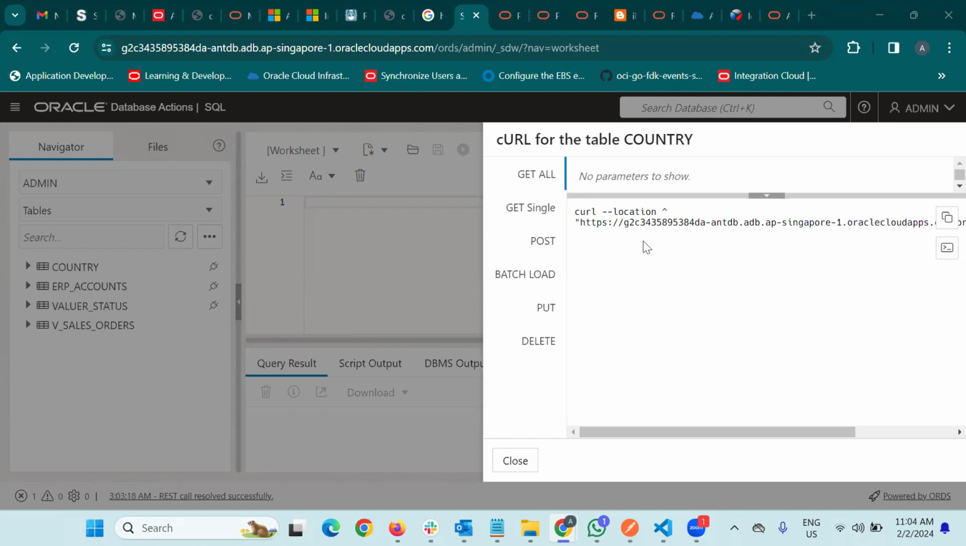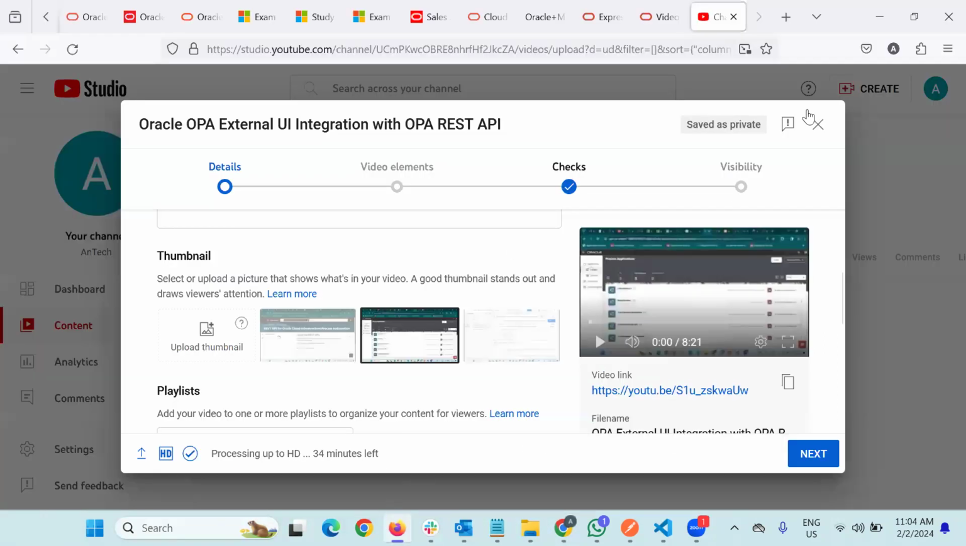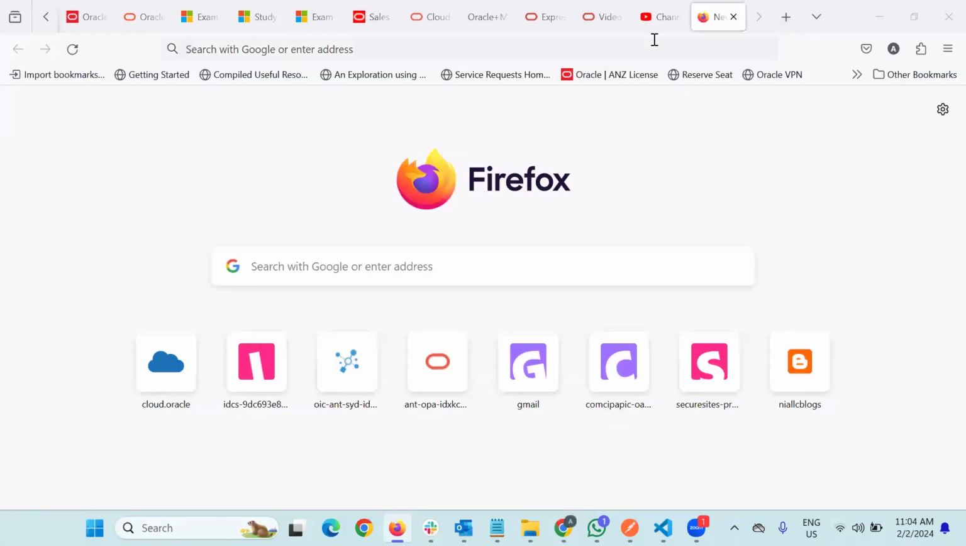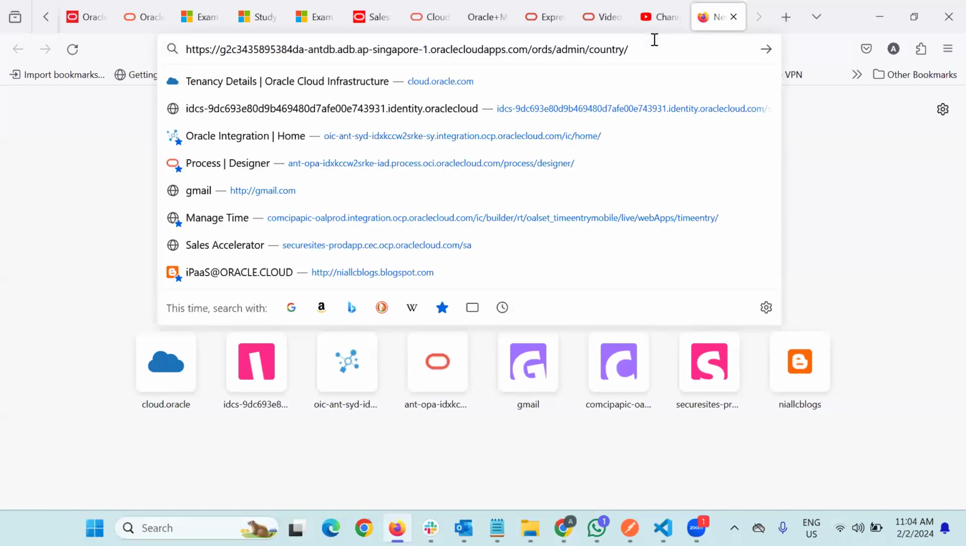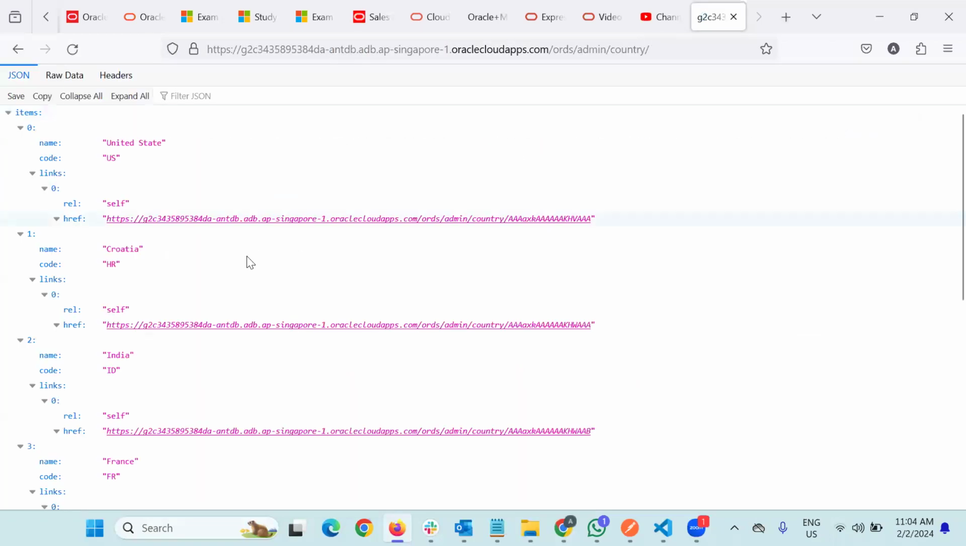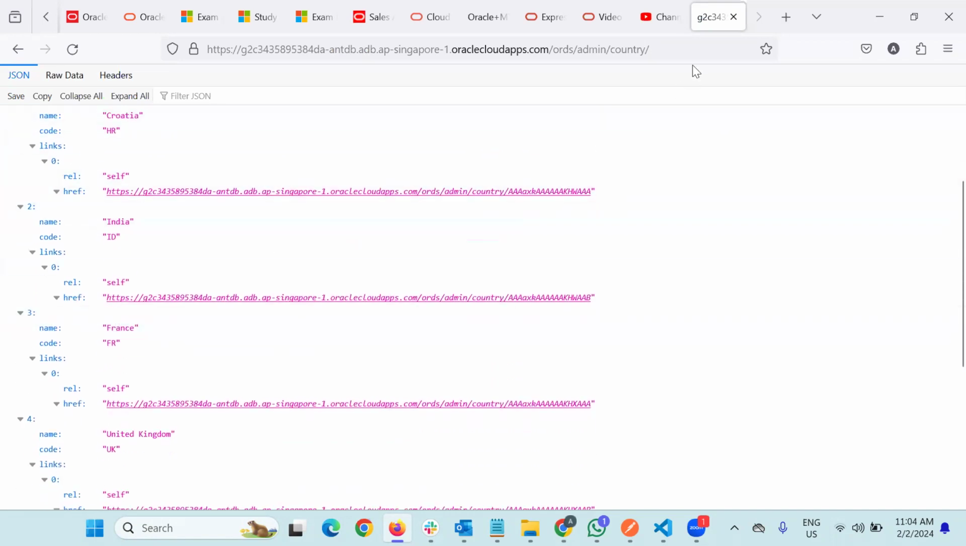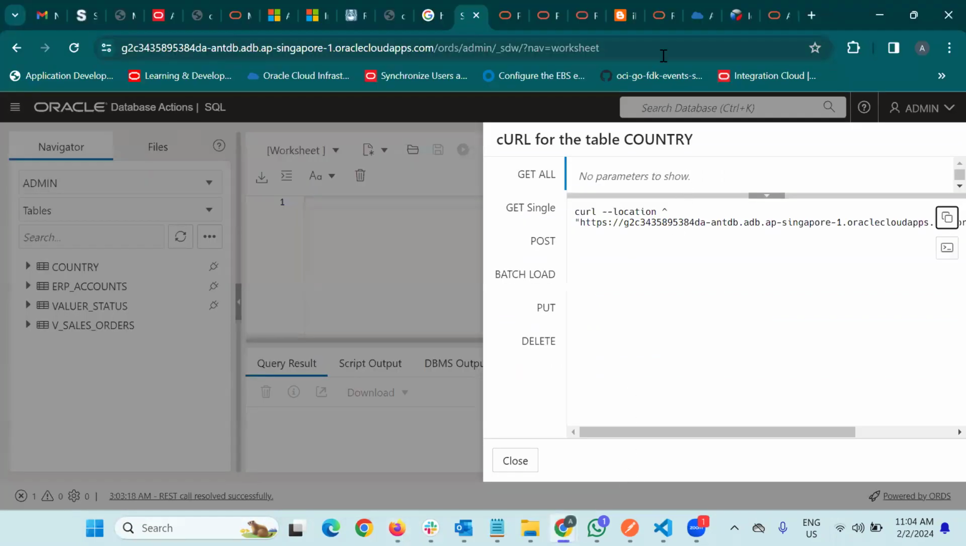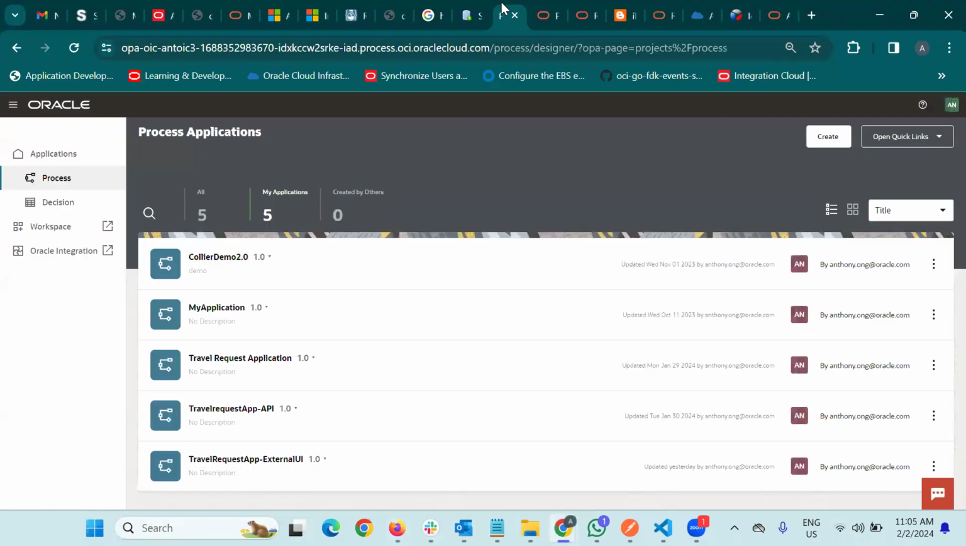Assuming we have this REST API that I set up through Oracle Autonomous Database, this REST API consists of country information, as you can see here. I have the data for the country name as well as their code. So now let's jump into the process design